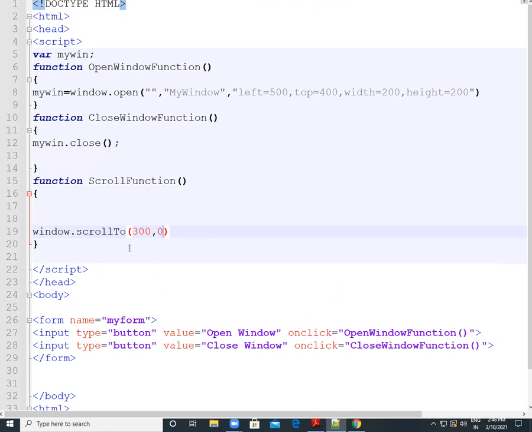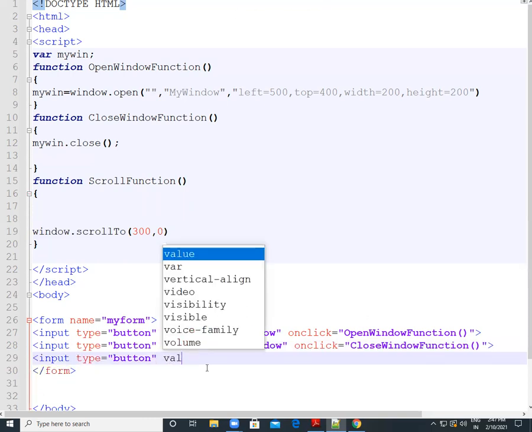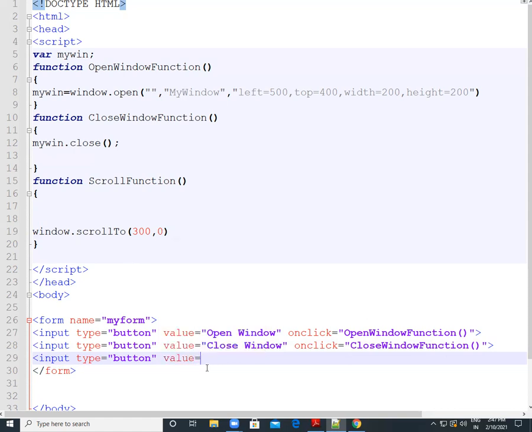So we use another button. Just copy this thing. There is again one button here, and for that button we will put a value for scrolling. Value equal to scroll.